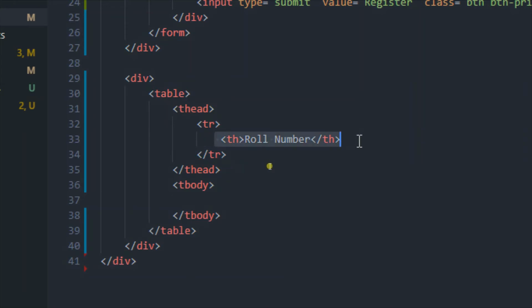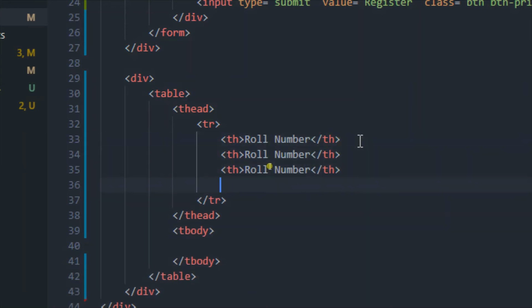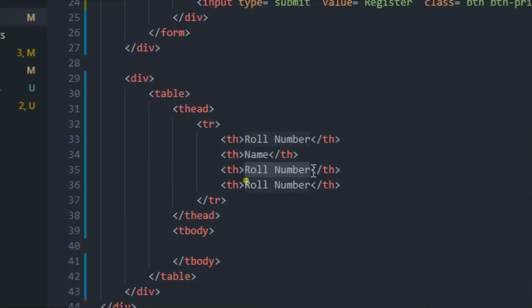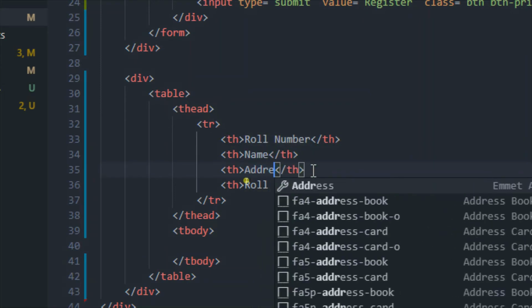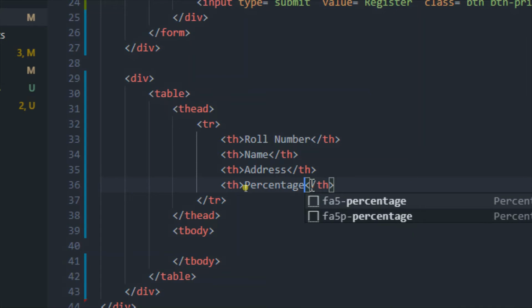Let me copy this th and paste it again, because we have 4 values. So roll number, then name, then address, and the last column will be percentage. So let me add percentage like this.